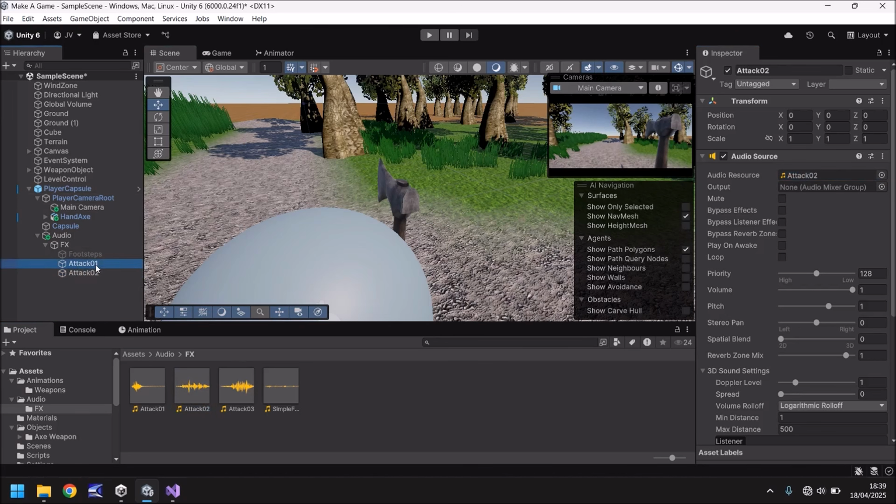And then, yep, you've guessed it, let's do it for a third time and have this as Attack 3. And drag and drop Attack 3 onto there. Play around with these settings if you want to. We might play around with the pitch a little later on. But the idea is that we now need to modify our script to incorporate these sound effects to give it